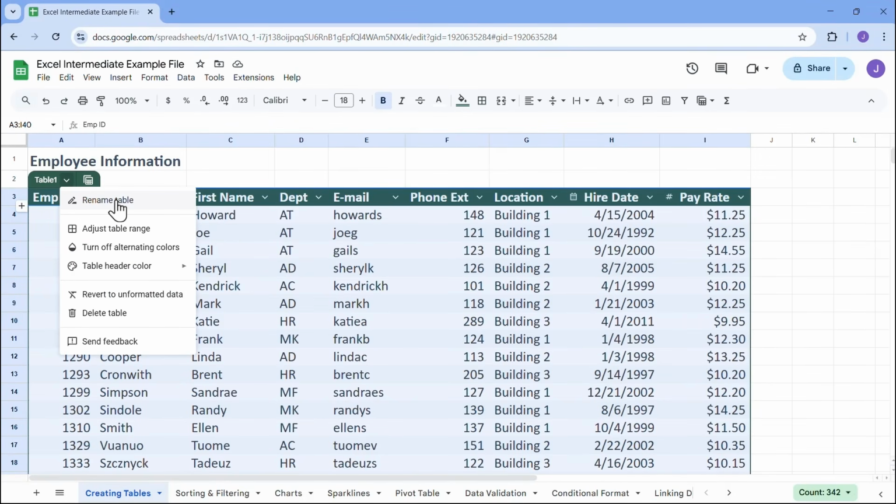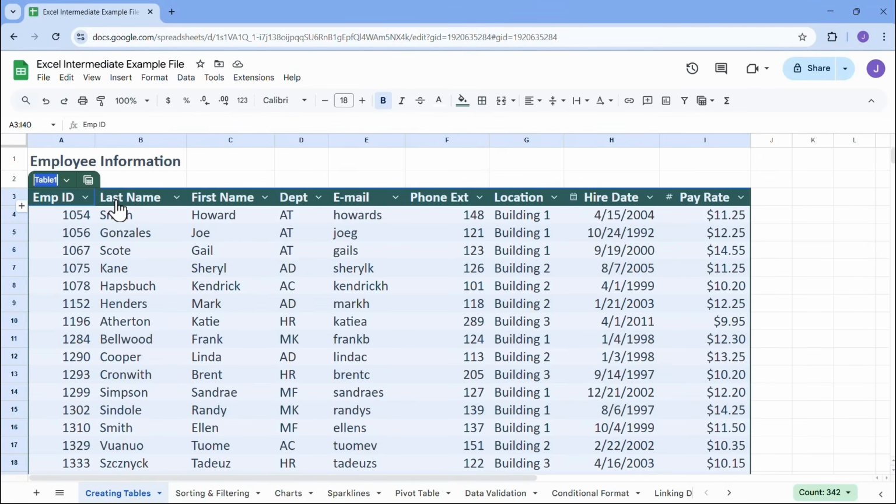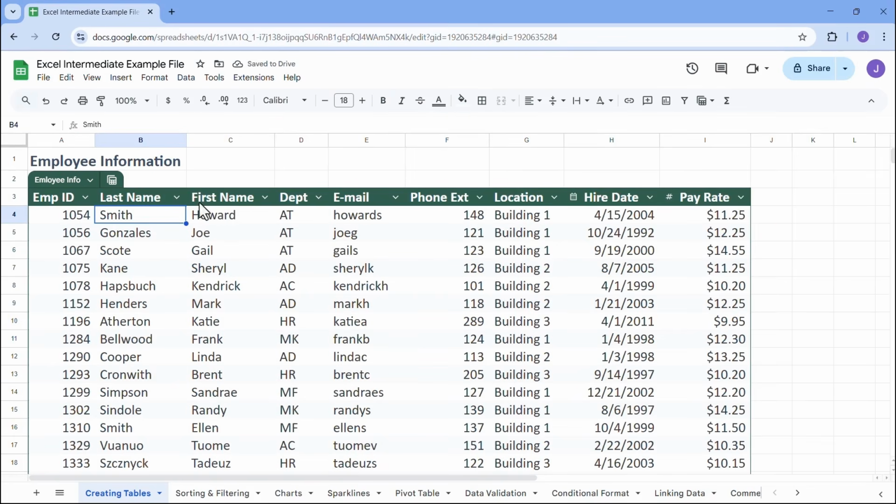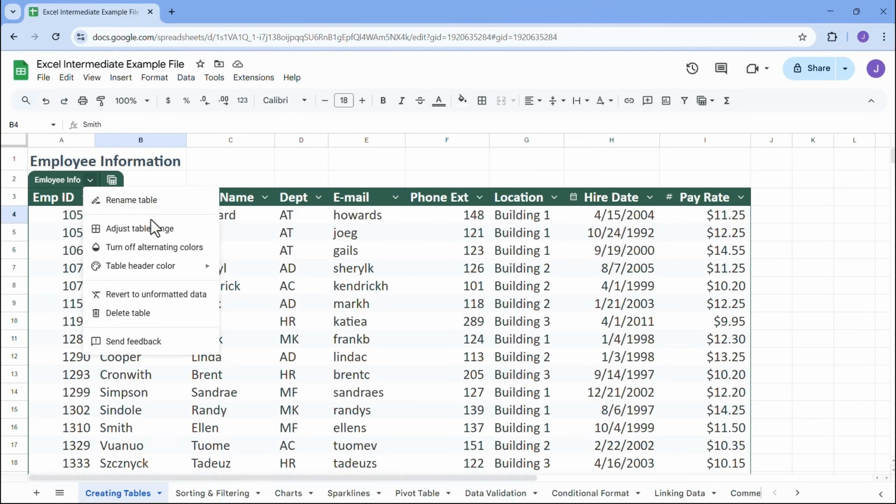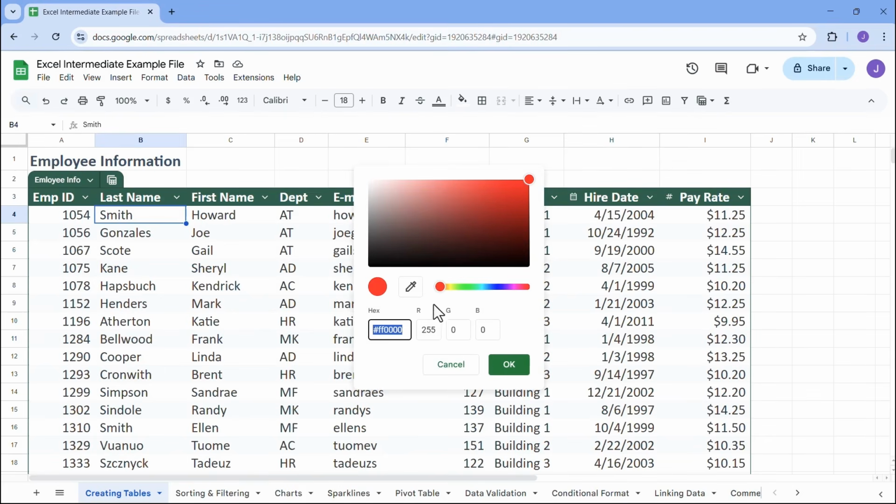Maybe I want to name this table employee information. So I can say employee info. You can also change the way the table looks. It comes sort of with this green heading, but I can click the drop down and it can actually adjust either the table range, turn off the alternating colors, or go to table header color and choose one of these pre-created ones. If you want to get more custom, you can click the little plus icon, and I'll just